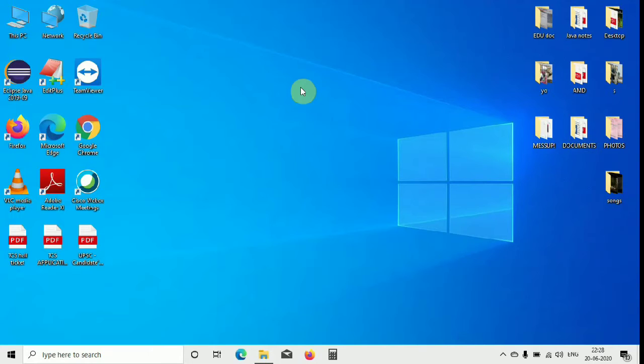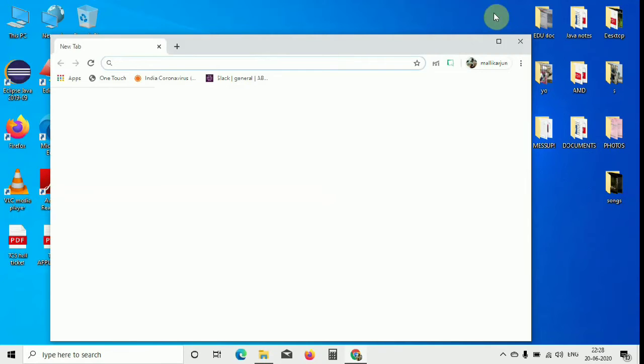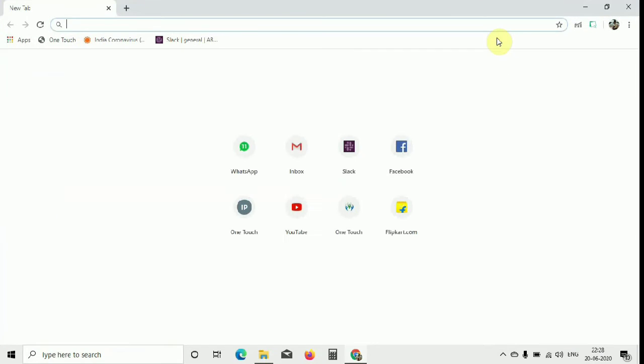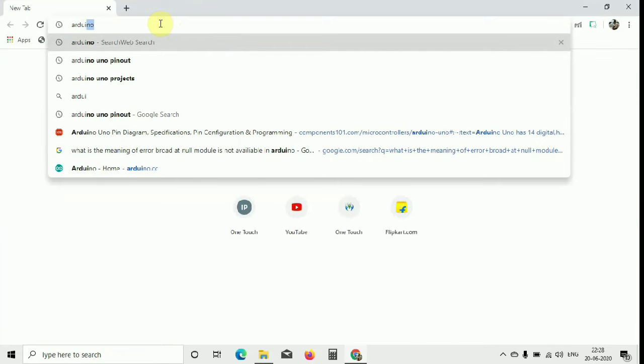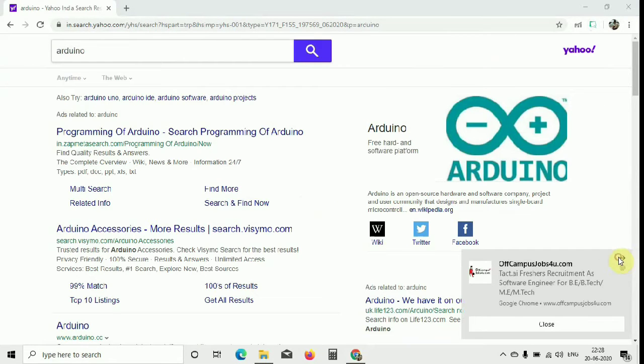So first we need to open the official website of Arduino. So just go to your favorite Google Chrome or anything else which you want. So you just open your browser and then type there Arduino. So hit the search. So once you type there Arduino,